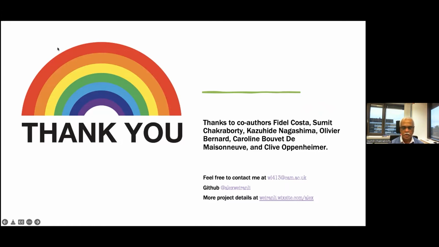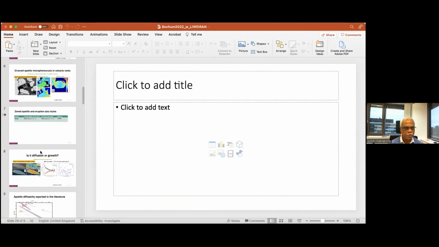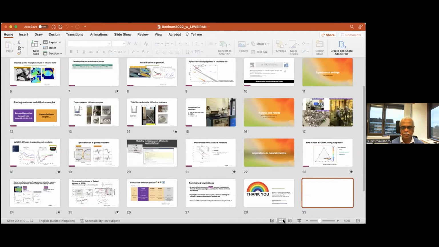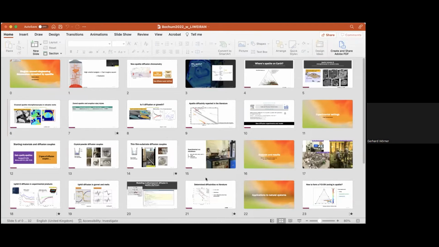So we can take a couple of questions. You can either speak up or write something in the chat and I'll read it out. And then we'll go to the second talk. And after the second talk, we get a chance to discuss both of these together. So if you have any questions, do speak up or type things in. If I may,